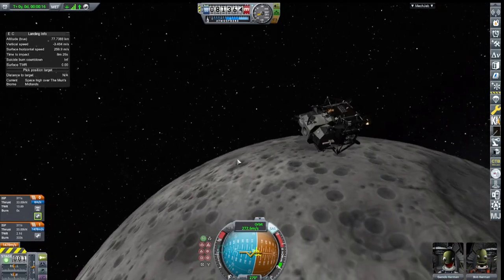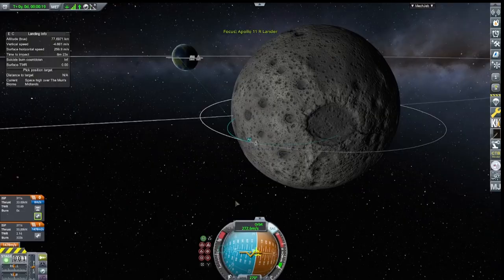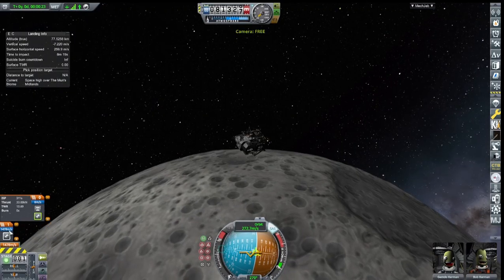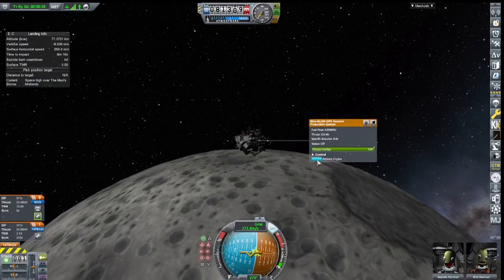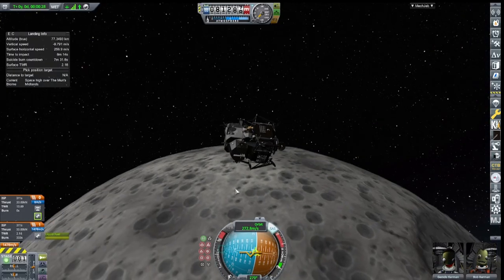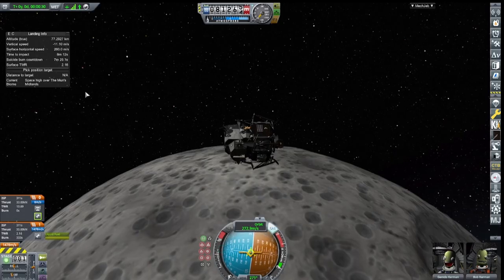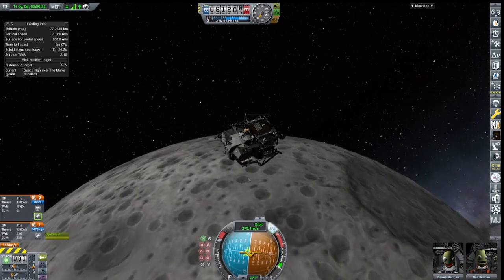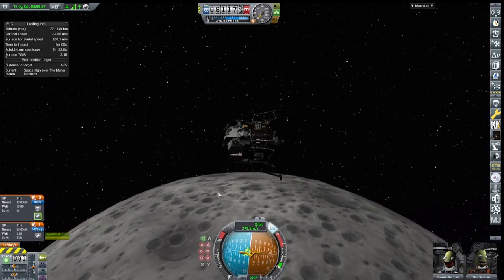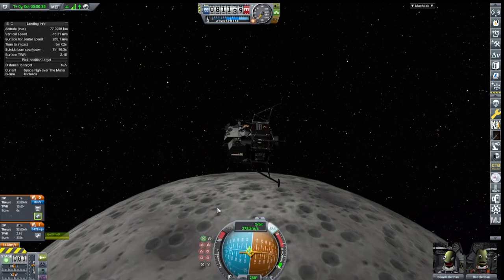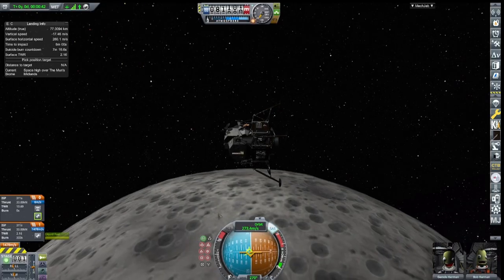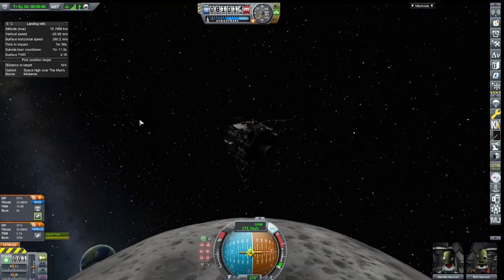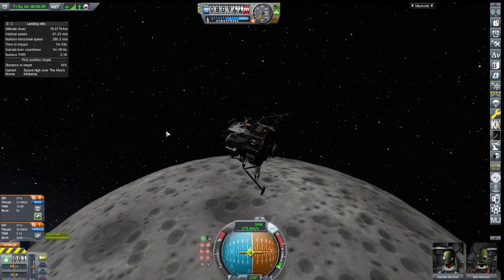So, I am using my MechJeb. MechJeb is just a mod that does things like this, tells you where we're going to land and other awesome things. If you're ever going to play this and you're on PC, you need to download MechJeb immediately because it took me a couple days when downloading mods to figure out that I needed MechJeb, and it was such an awesome thing because